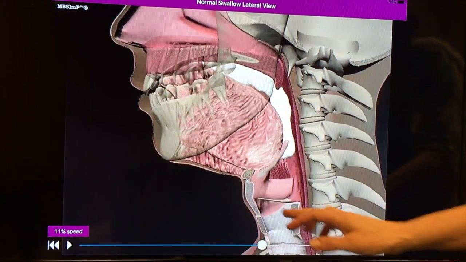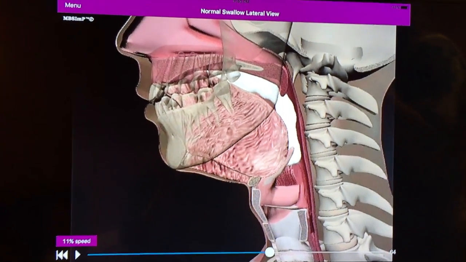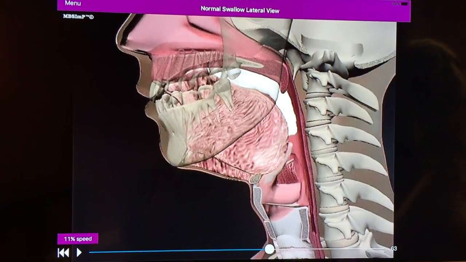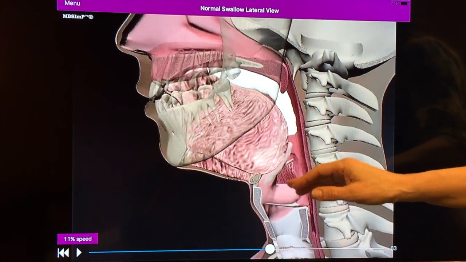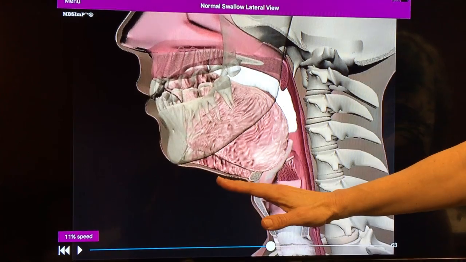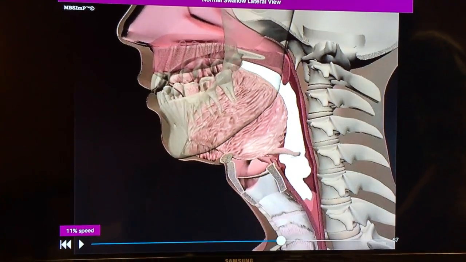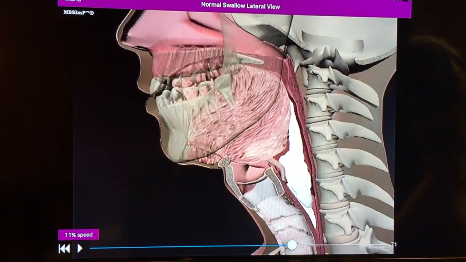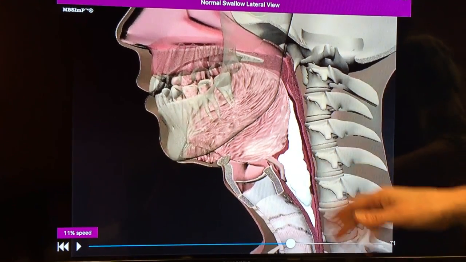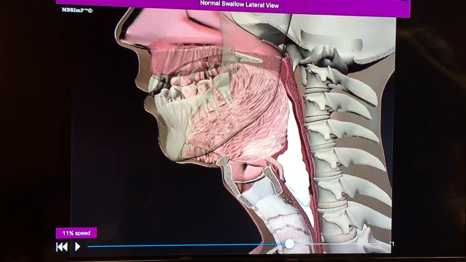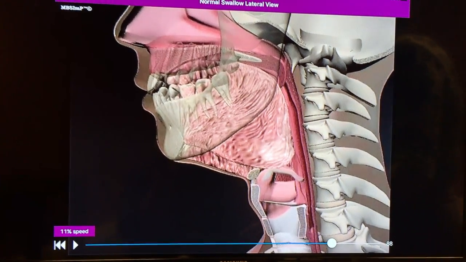So remember, it's never really closed. That's why there's always a little bit of a problem with people who have dysphagia in terms of aspiration. This, like I said, is the epiglottis, and not only does the larynx move up and out of the way, but the epiglottis flops down and covers it. See? Boom, there it is. It's actually bigger and thicker than it looks here in the lateral view. And the food slides down into the esophagus. Okay,